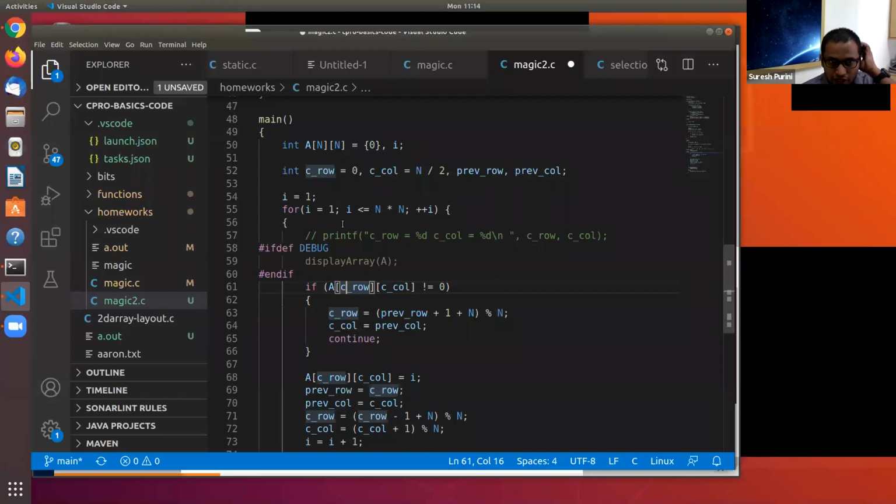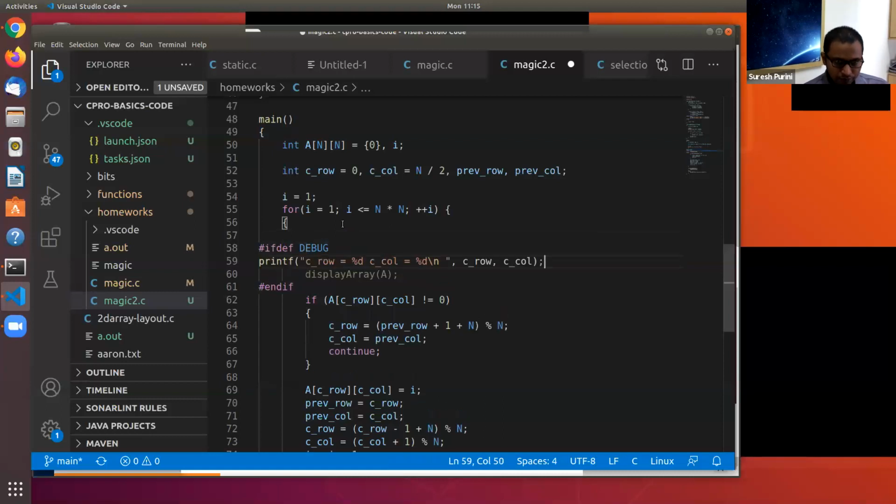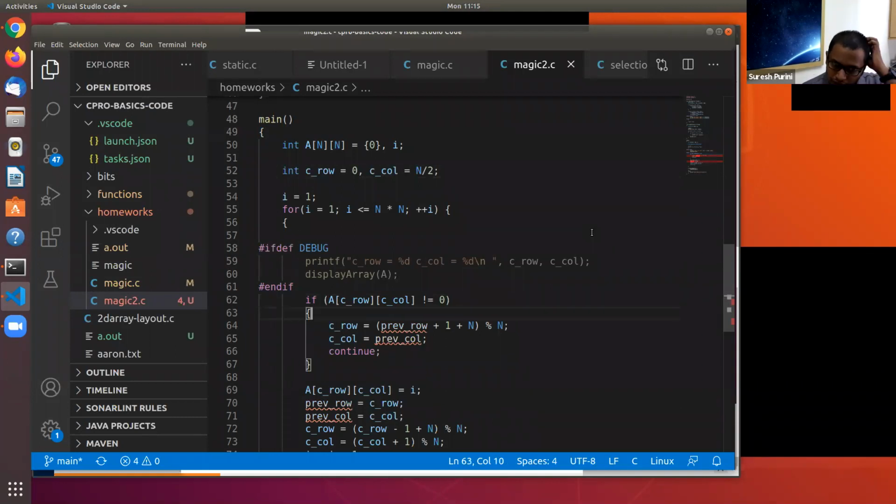One thing I want you to point out is on line 57, I have commented out a printf statement. That is not the right thing to do. The best thing to do is actually put it under the debug flag here. So this is the for loop, and I don't want to use this pre-row column and so on. You should help me out if I'm making any mistakes here. So first what we do is, if it is not equal to 0, then